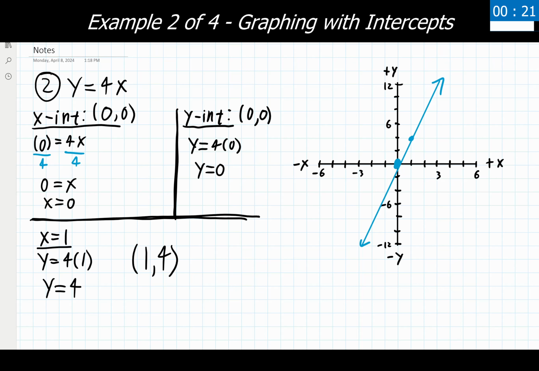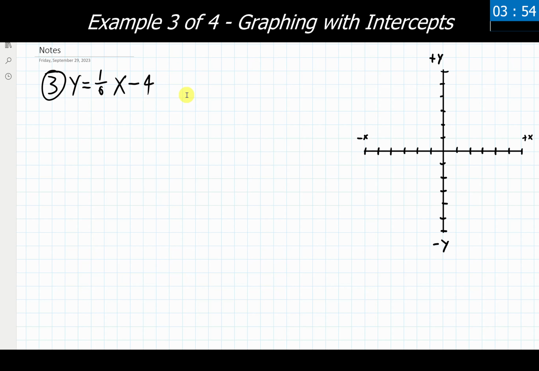So I had to do a little bit of improvising here, but this is something that shows up fairly regularly with these problems, so if it shows up on the homework and problems that you're doing, we now have a way to get around that. You just pick a different input value, find the corresponding output value, and then write that as an ordered pair before we put that on our graph.